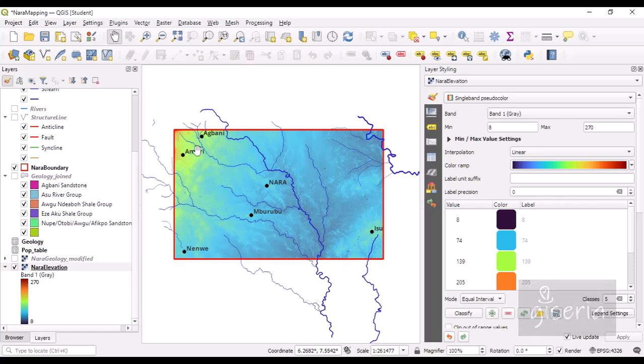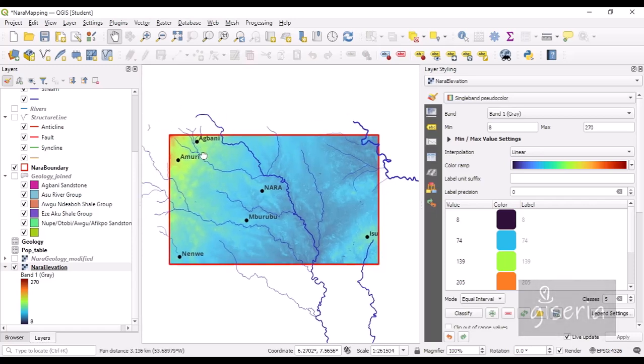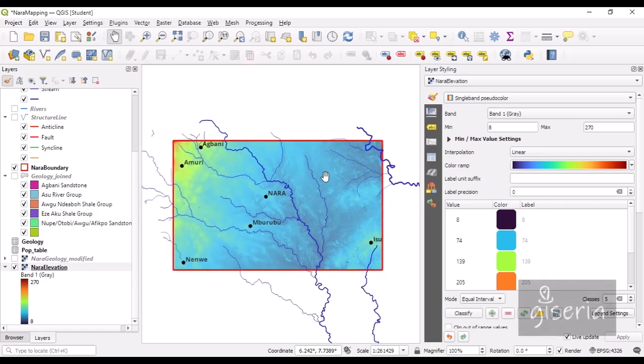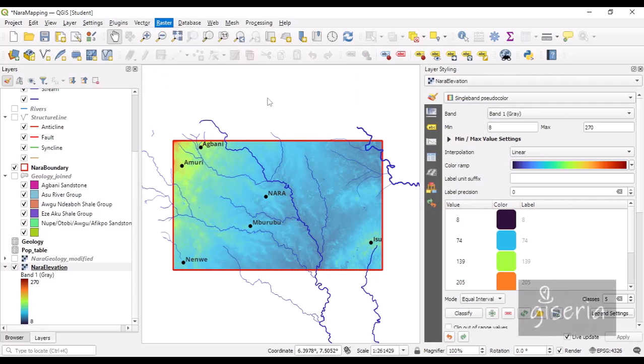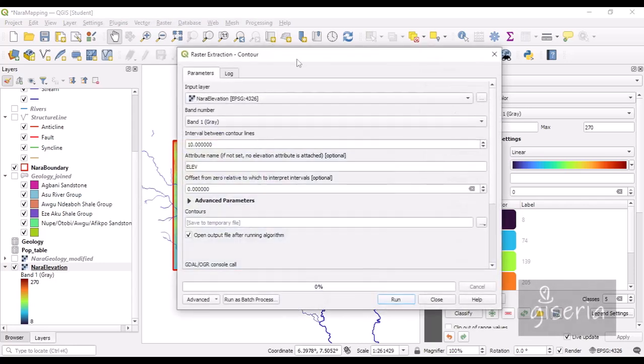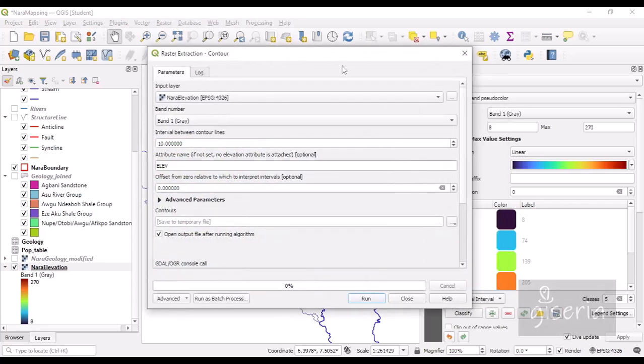Alright, so we have this raster for elevation. Now what I want to use this raster for is to extract elevation information from our rasters. And so to do that, I would come to Raster, select Extraction, and select Contour. And so this pops up. One thing I also do before that is to select